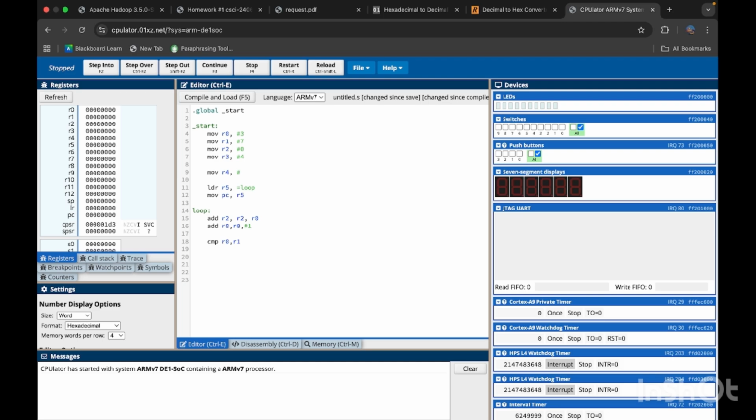That's why we need to compare R0 and R1, and of course R1 should be bigger than R0, and idle